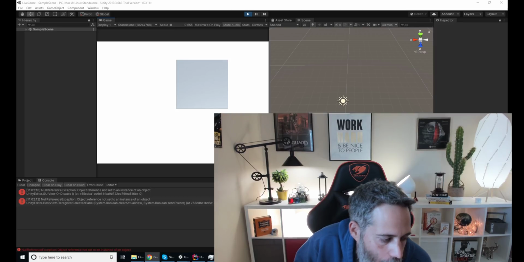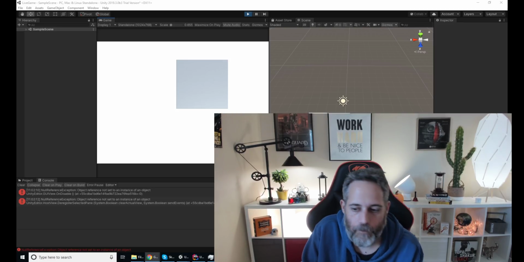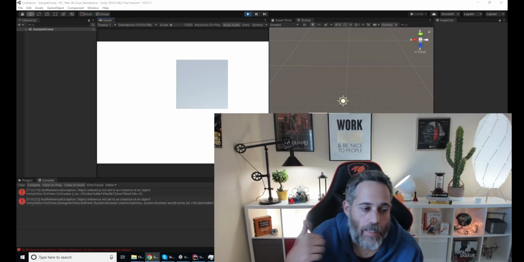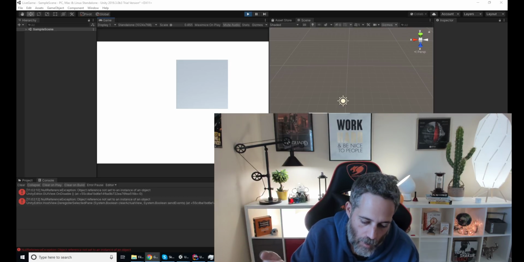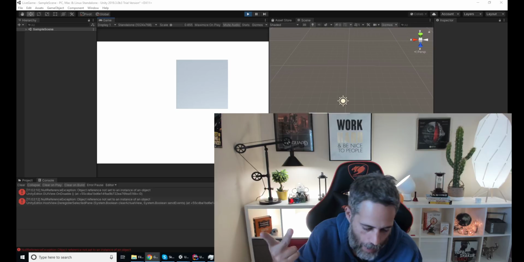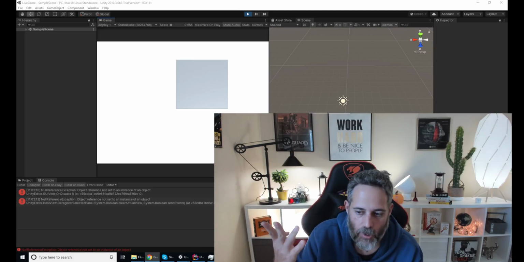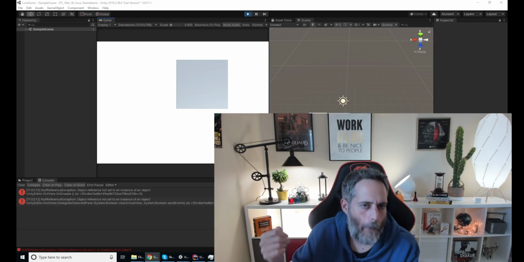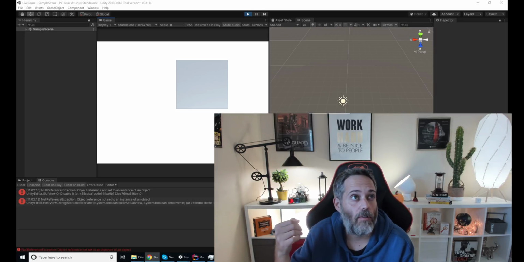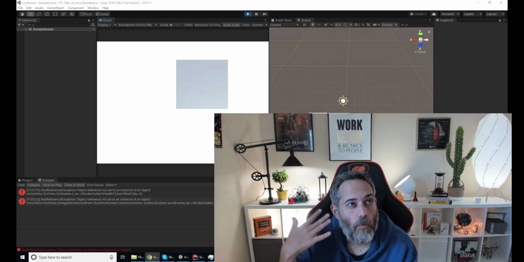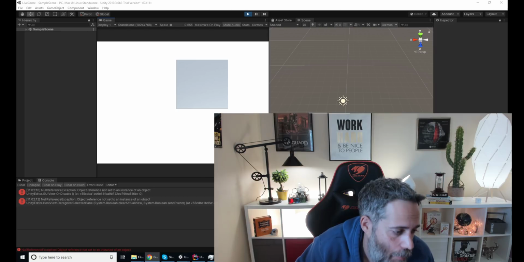What patterns do you find most useful in game programming? State machines, factory pattern, command pattern for certain types of games, observer pattern for sure. I think those are the ones that stick out really, really strong to me. There are probably some others, but